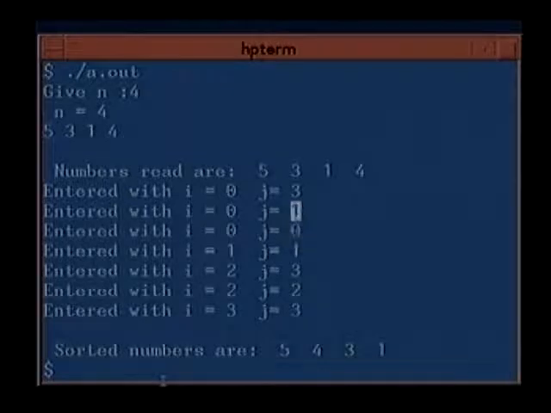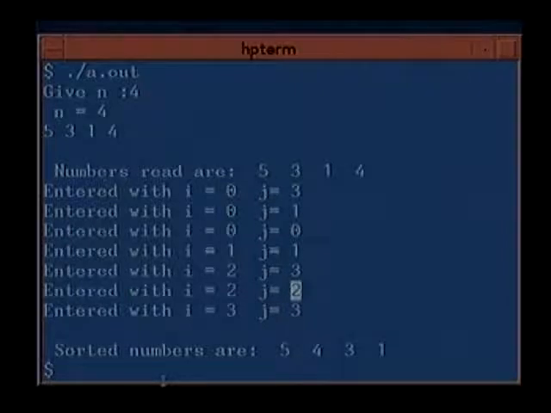So after that, it came back to this routine which had called it, and this routine now called it with the other one, 1, 1. So this also completed because this is a recursion breaking condition. So it came back here because this had originally called it with 0, 1 and 2, 3. So the 2, 3 call now came. The 2, 3 call in turn made a 2, 2 call.